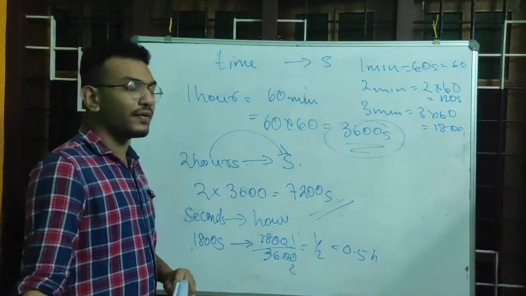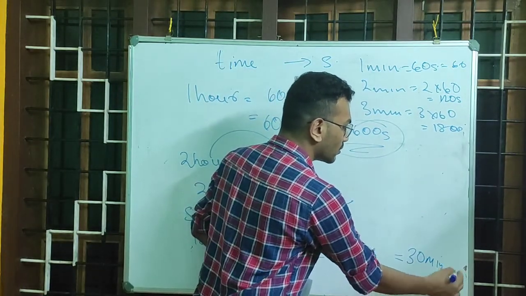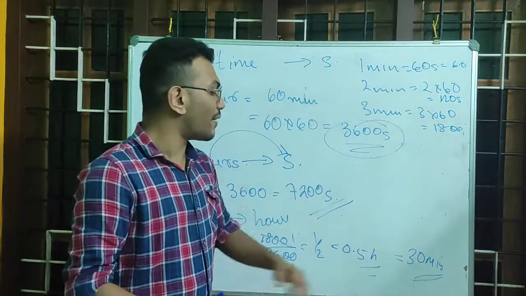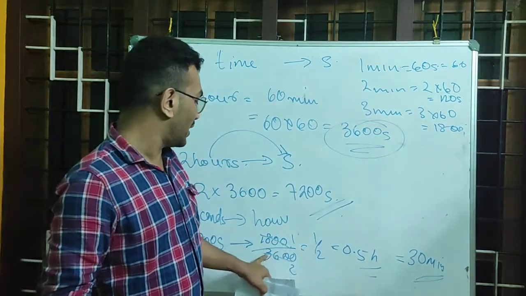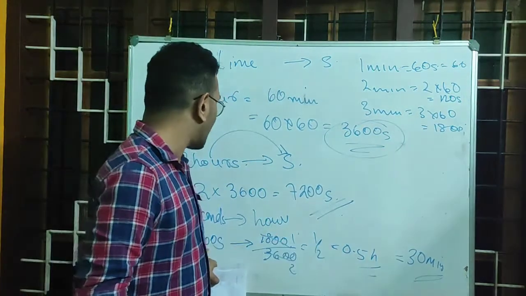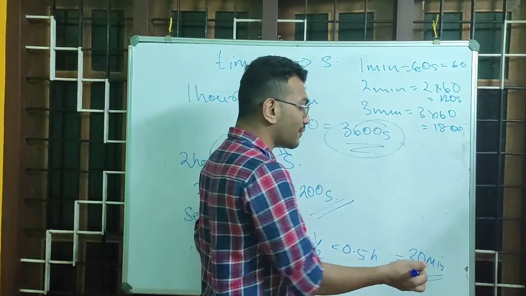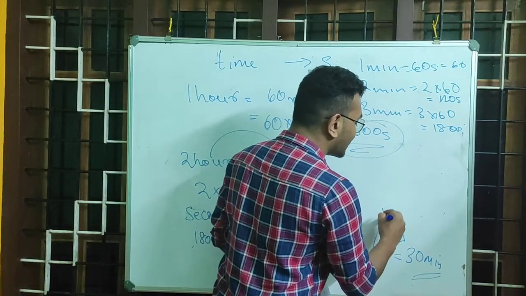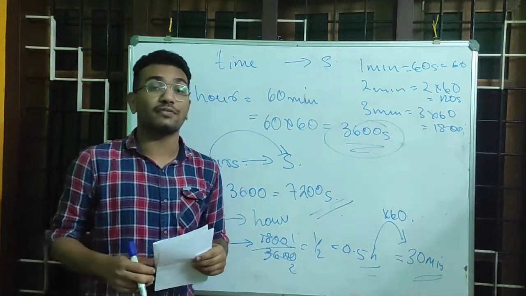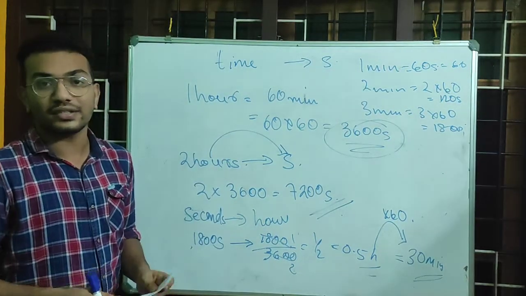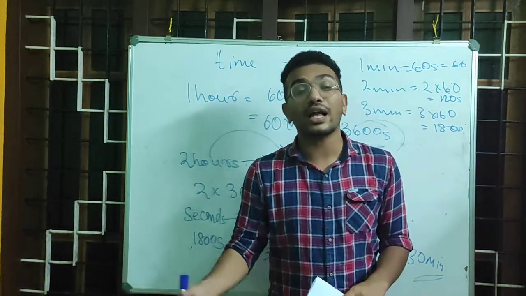That is half an hour, or we can write, what is half an hour? 30 minutes, right? So if you want to convert hours to minutes, how are we going to do it? So this is seconds to hours. 1800 seconds converted to hours is 0.5 hours. Then that can be simply converted to minutes by multiplying by 60, right? Hours to minutes. So that is basic conversions that we have to know. So based on this, now let's discuss some of the actual questions that we need to do in our portion.